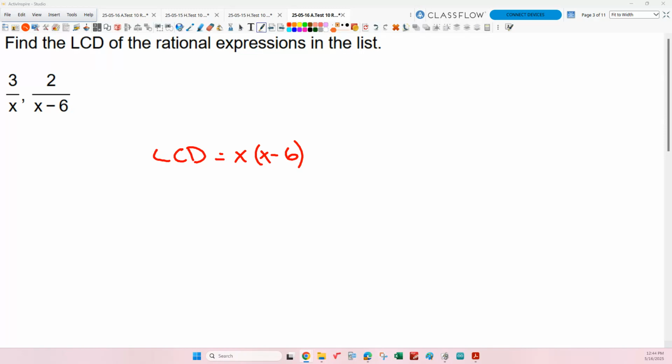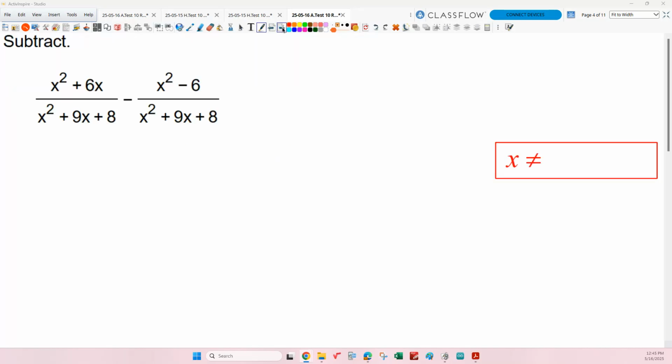Okay, how do we feel about finding the LCD? Yeah, it's all the factors that you see in the bottom. And now we're just waiting for them to write it down. Okay. Now what are we doing? Well, let's see. Are those bottoms the same? Yes. So what do I do? You,